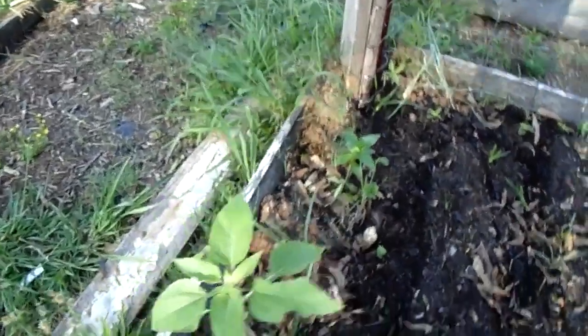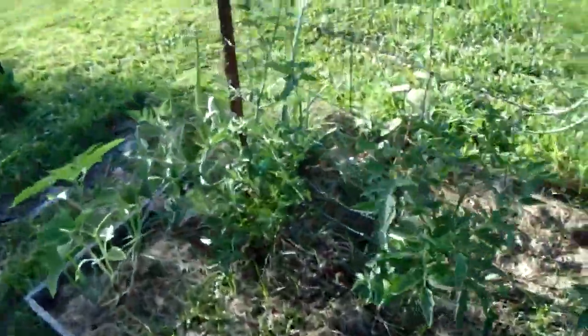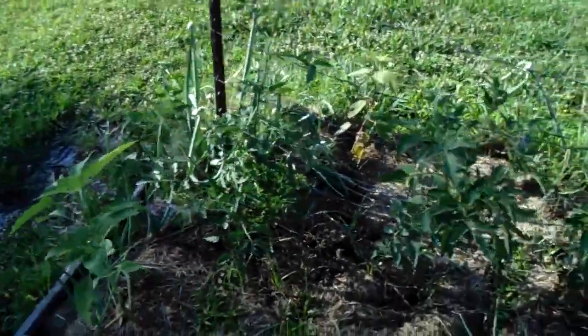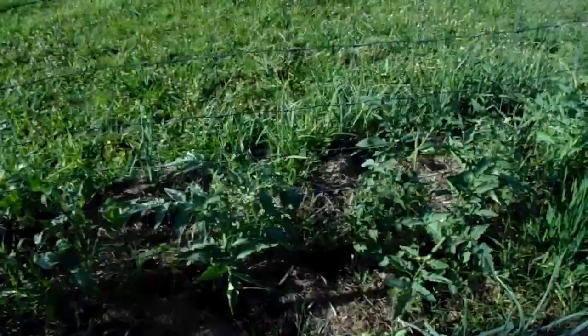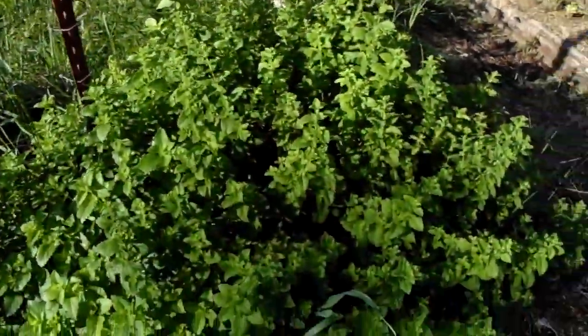And then we got zinnia and sunflower. And then I'll show you these tomatoes. No sign of the herbs and even my okra, so I don't know what I'm going to do there. But there's more here. All this row is tomatoes. They're looking pretty good. And then we got the yarrow and the oregano, or not oregano, lemon balm. And then